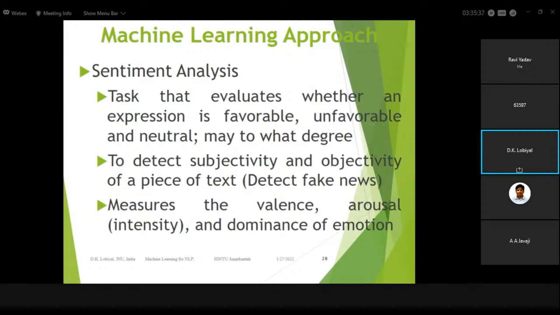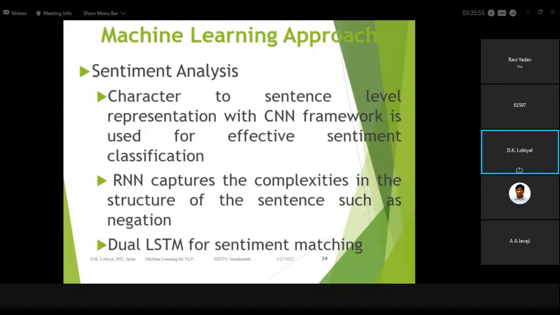Therefore, the classification is important. And three things I said: valence, that means what is positive, negative. Arousal, intensity, what is the degree? Then your dominance. This one emotion may dominate other emotion. And then also in the sentiment analysis,